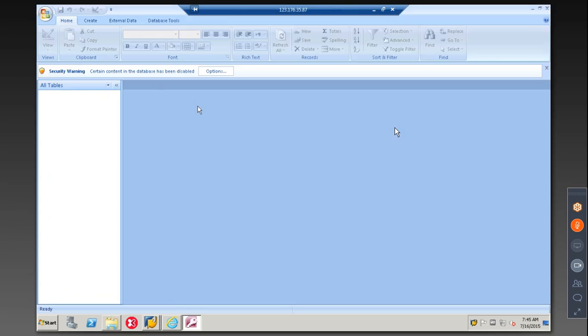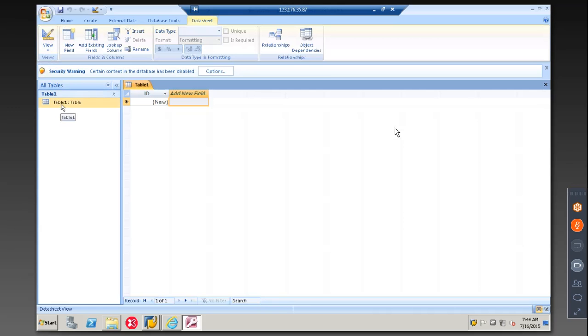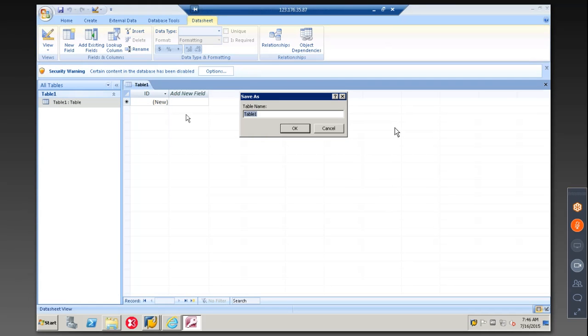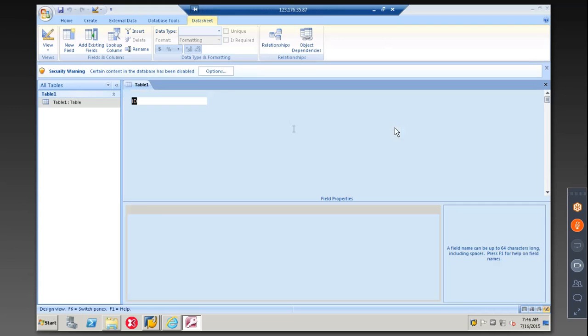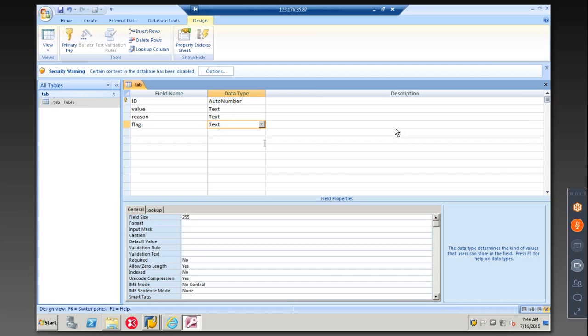Double click on this. So I'll give the field name value. I'm taking one more